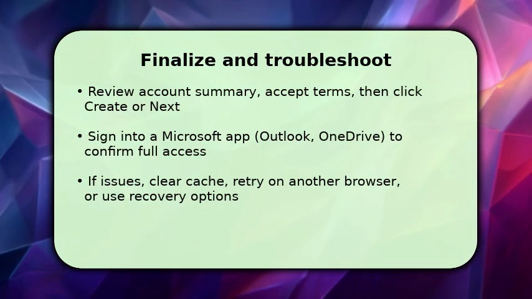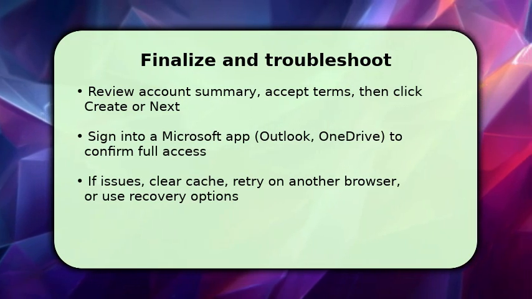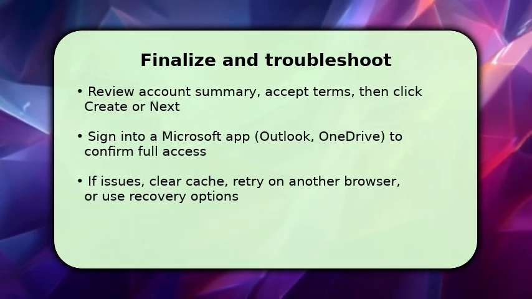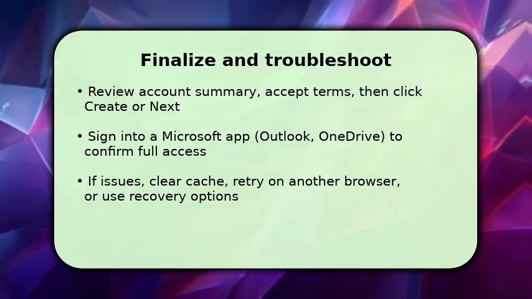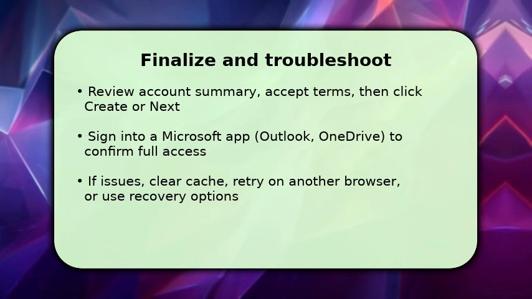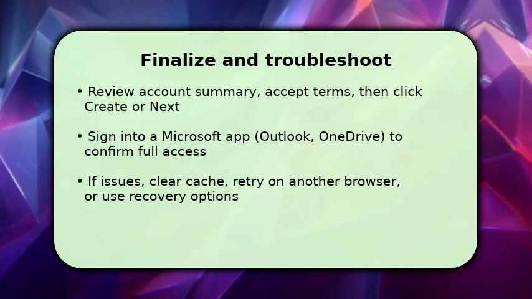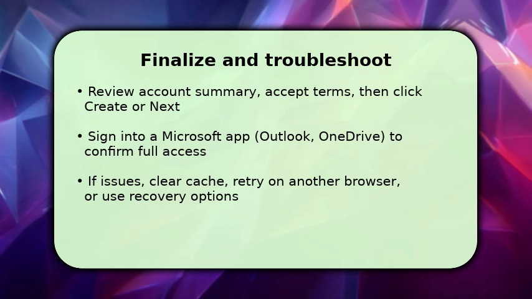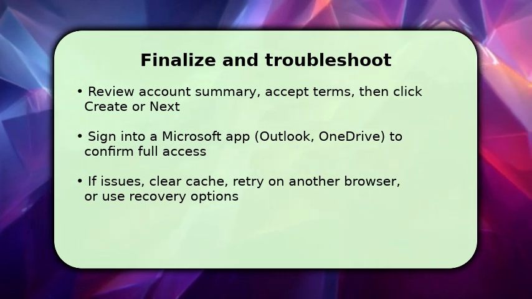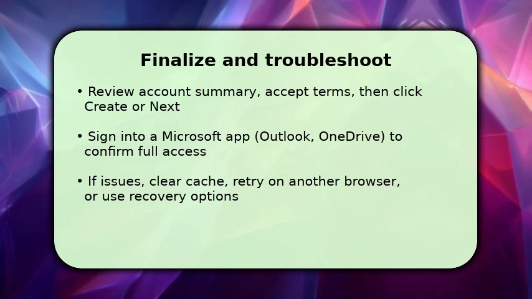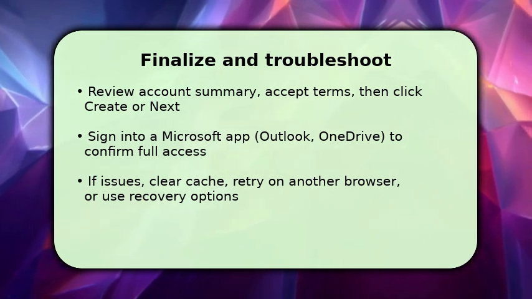After creation, sign into a Microsoft app such as Outlook or OneDrive to confirm everything's synced and that licenses or free tiers applied. Make sure to add alternative contact methods and enable a backup auth app if available. This prevents lockout. If something goes wrong, clear your browser cache and cookies, retry on a different browser or device,